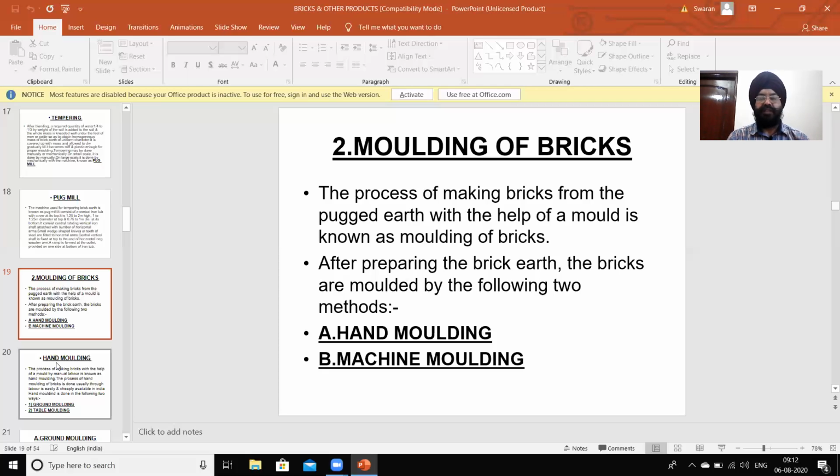After preparing the brick earth, the bricks are molded by the following two methods. Number one, hand molding. Number two, machine molding. So there are two methods, hand molding and machine molding, for molding of the bricks.